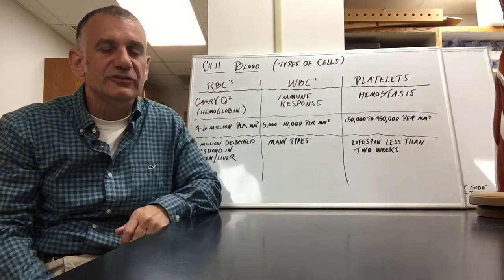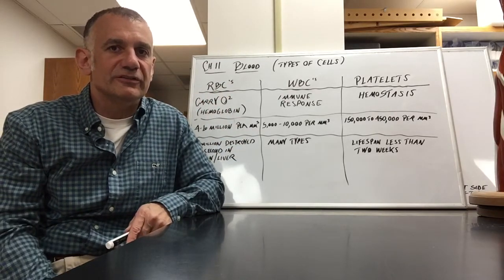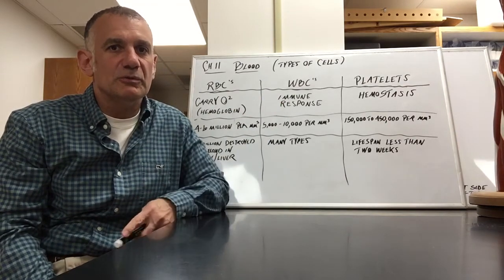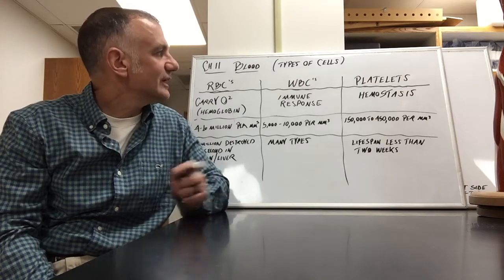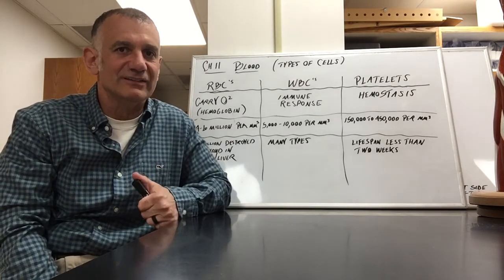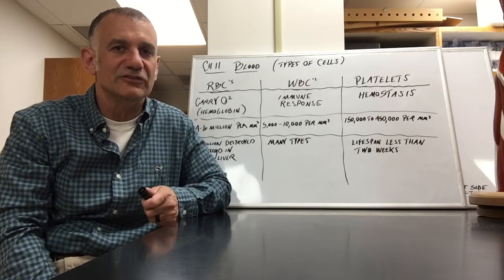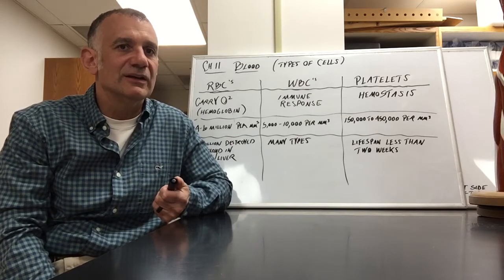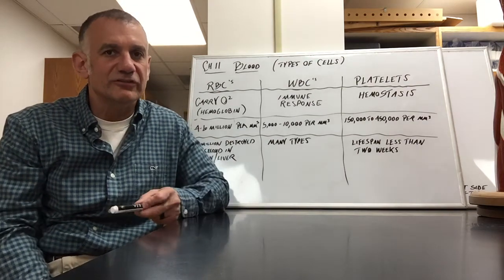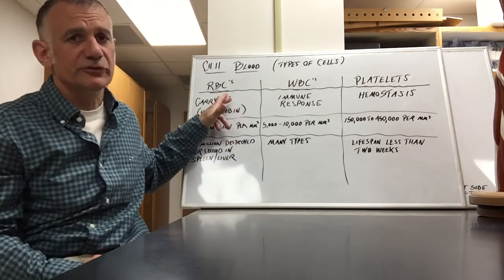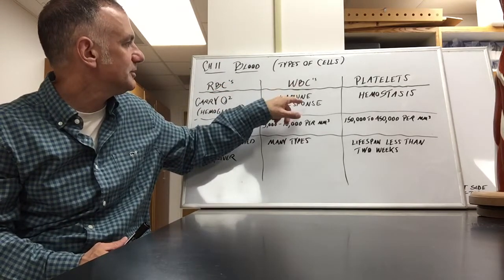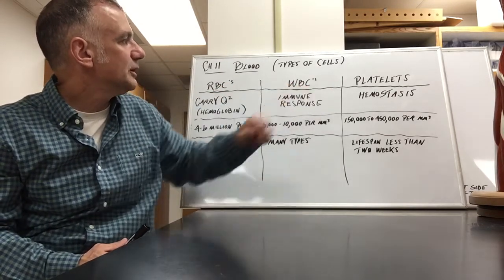We call them RBCs. They're also called erythrocytes. White blood cells, also called WBCs, and leukocytes, and platelets are also known as thrombocytes. Remember the suffix cyte, C-Y-T-E, in this case means cell. Thrombo means clot, erythro means red, and leuko means white, which makes a lot of sense. But typically what you'll see on a chart, what's the patient's RBC count, what's the patient's WBC count, platelet count,